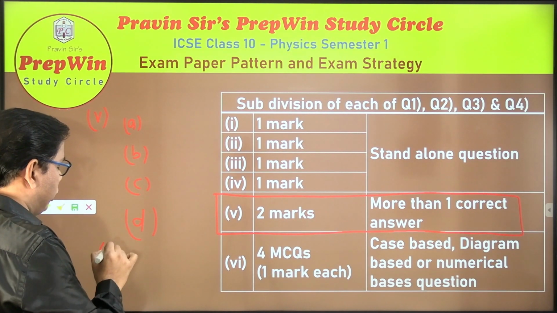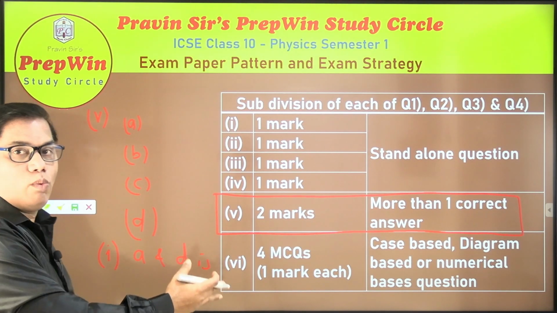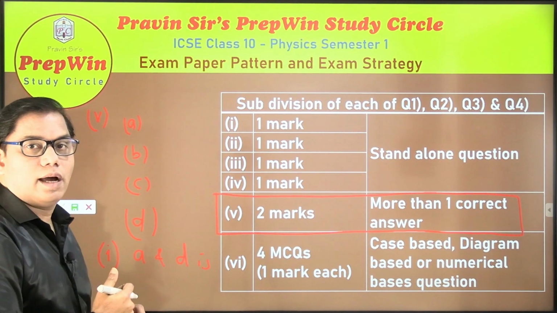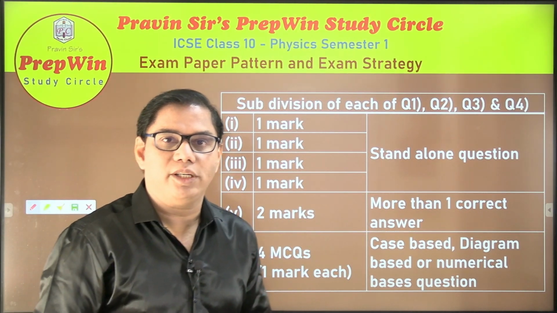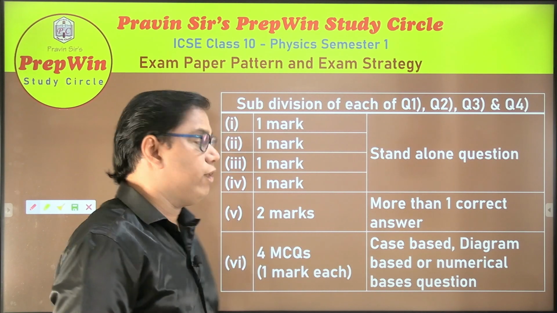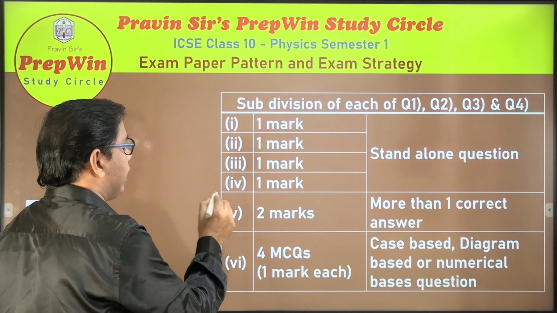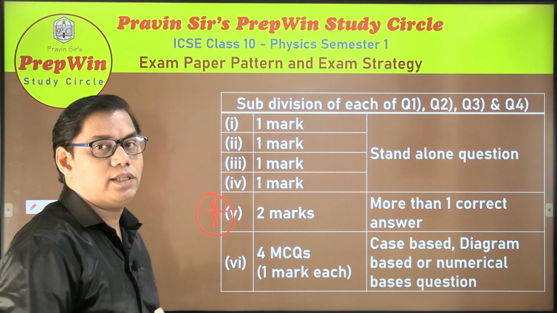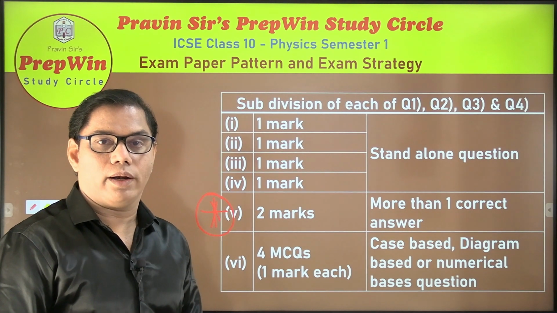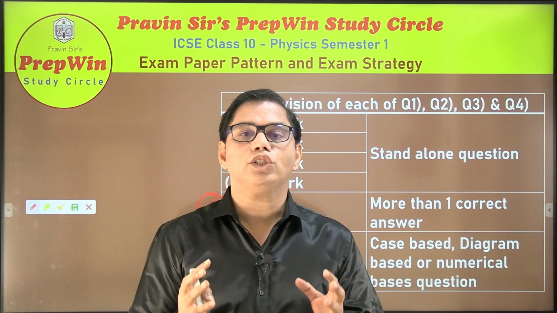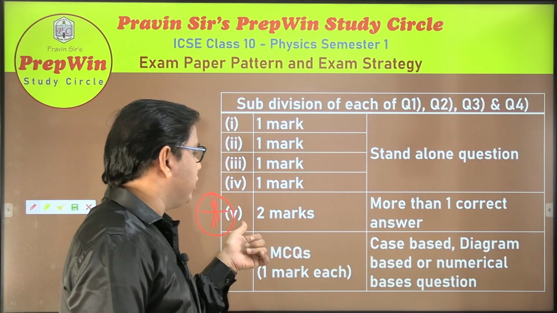And then you will have option number 1, that A and D is correct. So more than one option. A and C is correct. B and C are incorrect. So when you have more options to choose from, that becomes difficult. So watch out for this question. This question can be a tricky question. This question will decide whether you get 40 on 40 or not. If at all I make a video on super 40 questions, I will give you many questions of this kind for your practice.